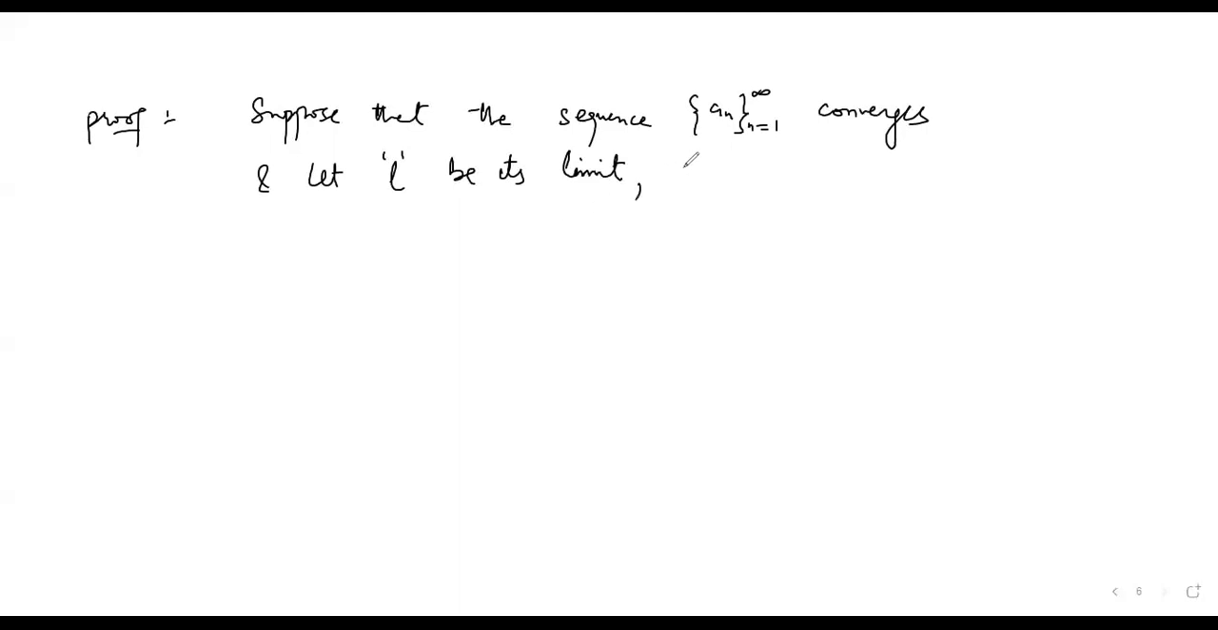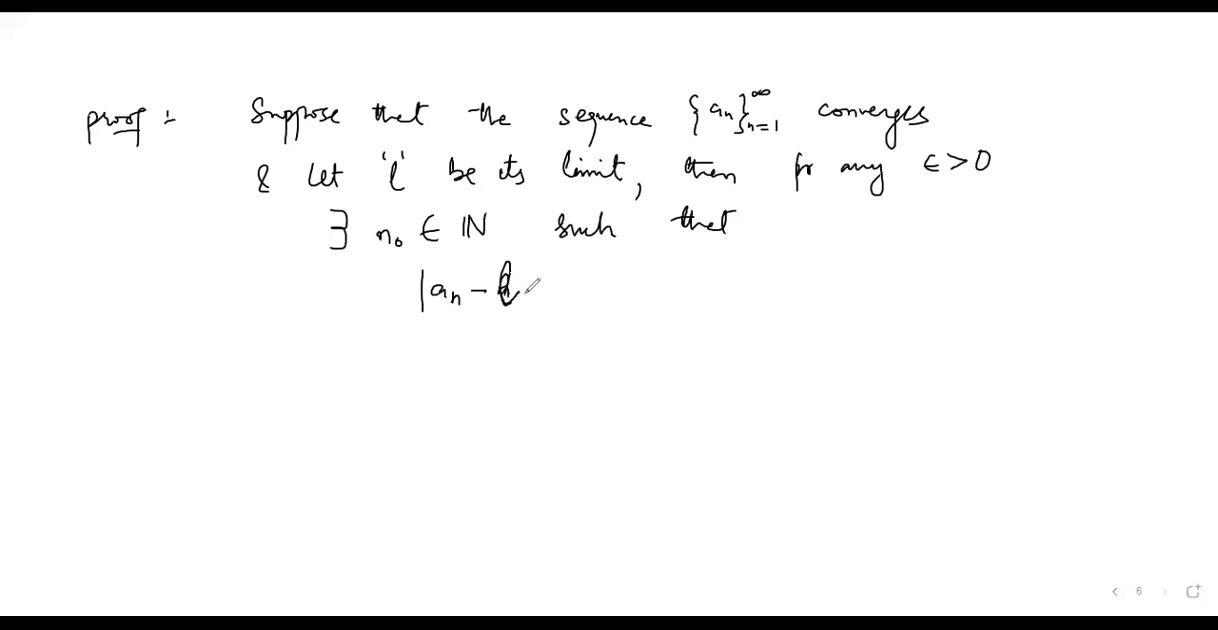Then by definition, for any epsilon positive there exists an n naught belonging to the set of natural numbers such that modulus of a_n minus L is strictly less than epsilon for all n bigger than or equal to n naught. अब ये definition obviously क्या बोल रहे हैं,